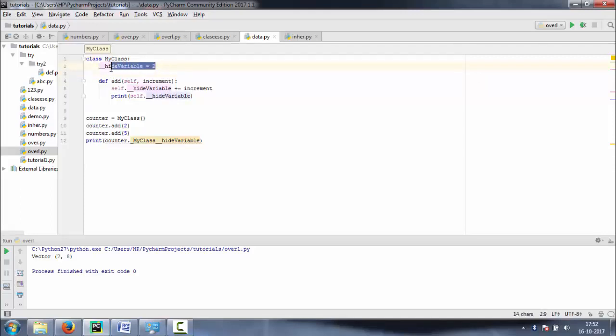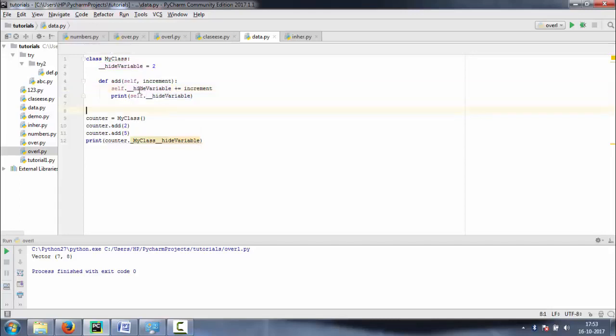This represents that this variable is hidden from members outside the class, and this variable is used only by class members. Like in this method, this function can easily access this hidden variable, but if you want to access it from another class or outside of the class, it is not possible, and it will show an error.